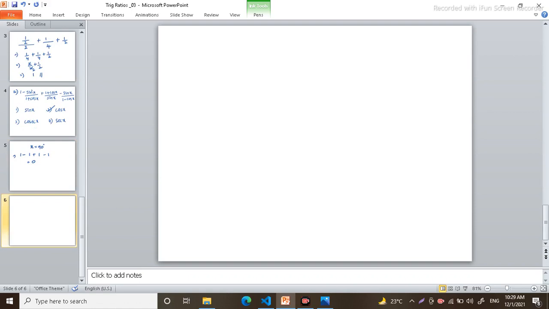Like here, what I'll do, first step I'll write 1 minus sin square x as 1 minus cos square x, according to the formula sin square x plus cos square x is equal to 1, divided by 1 plus cos x. Why did I write 1 minus cos square x? Because in the numerator this 1 plus cos x is there, so that I can cancel it.